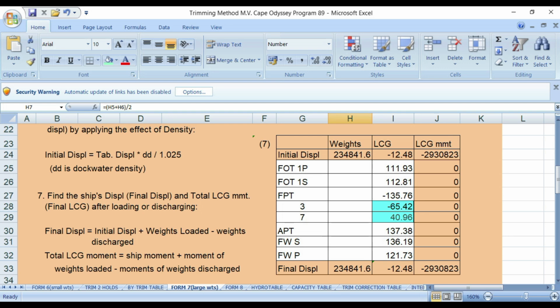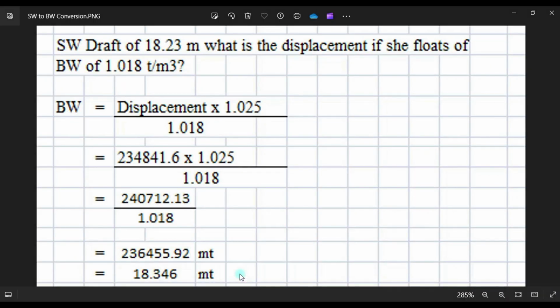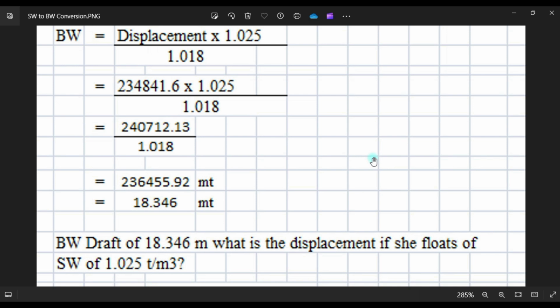So let's check, guys. 2348416. Okay, so with this displacement, multiply it with 1.025 and over 1.018, the displacement of brackish water will be 23455.92.